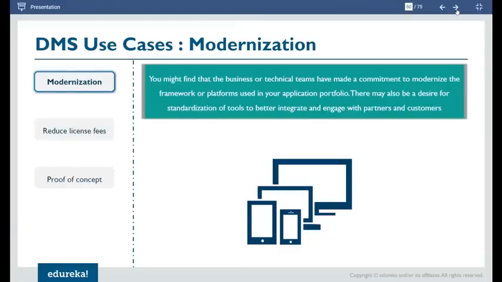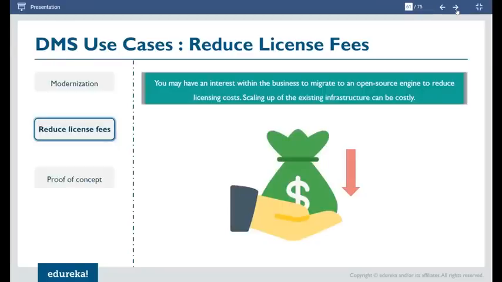Why should someone perform database migration and modernization? Your business has decided to standardize the tool to have better integration and engage with other partners and customer tools. Then you go with your DB migration. Reduce license cost: you can leverage open source in your cloud instead of on-prem, so you reduce a lot of license costs there.